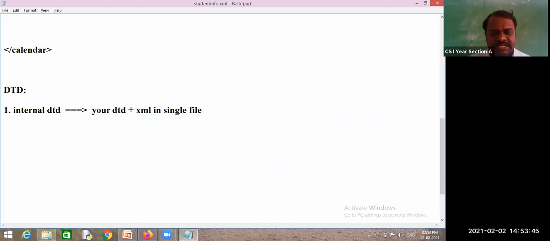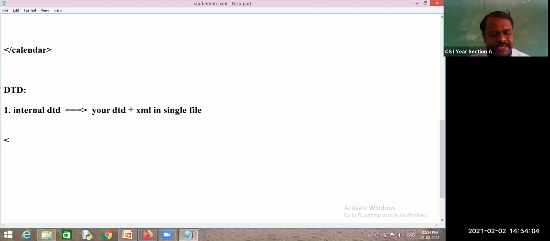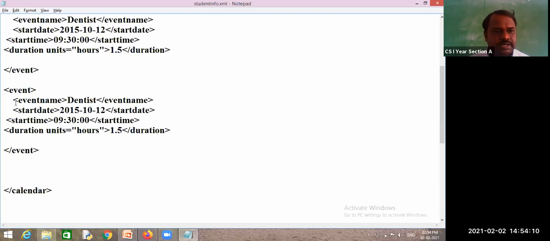DTDs contain elements and attributes. First we will go for elements, how to write the element syntax, and attributes later. So how do I write an element? Less than, exclamation mark. I am writing a rule for this. So here this is an element.